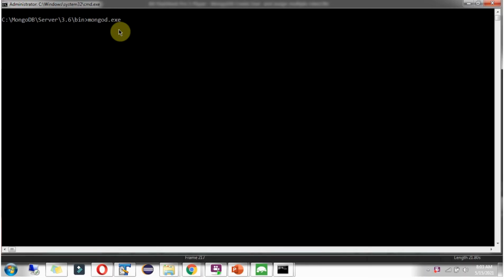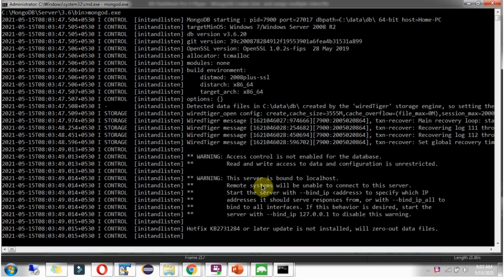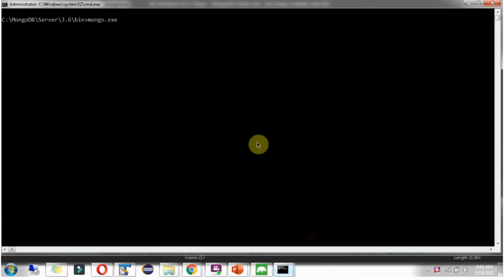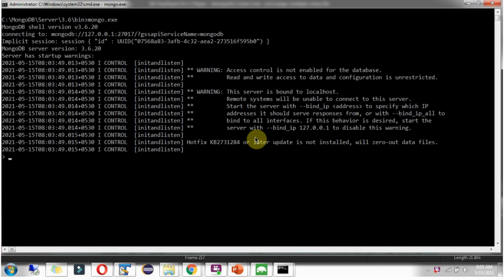Start the MongoDB server without authentication. Connect the Mongo client. Switch to bookDB. db.getUsers, and when you execute this command, I can see there are no users in the book database. Next we will create the user with multiple roles.